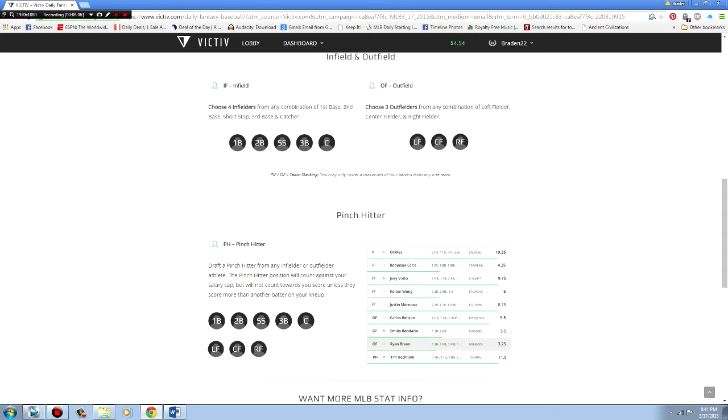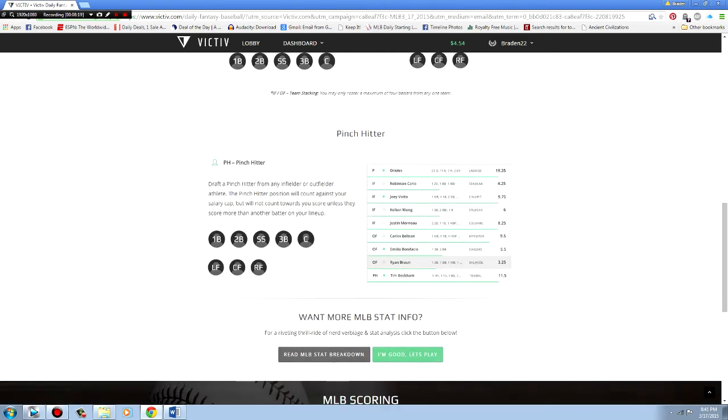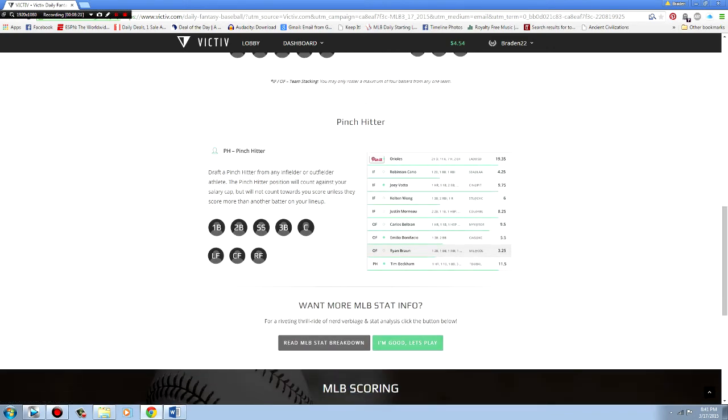Just as an example, if we're looking at what we're looking at right here, let's say that Colton Wong goes and he bats 6. He gets 6 fantasy points. But then you see your pinch hitter Tim Beckham, who I have no idea who that is right now, but he's doing 11.5. So as you can see right there, it's going to be